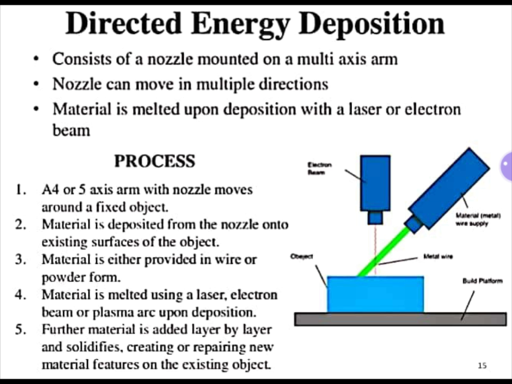And when the material is deposited, the material might be in a powder form or it might be in a wire form. After depositing the material onto the structure where the repair has to be done,